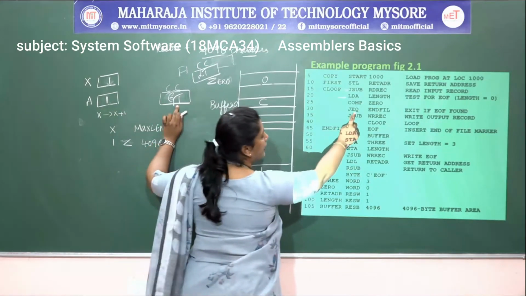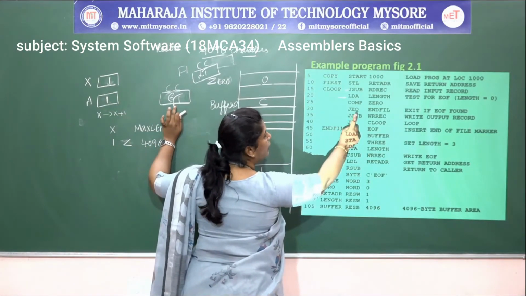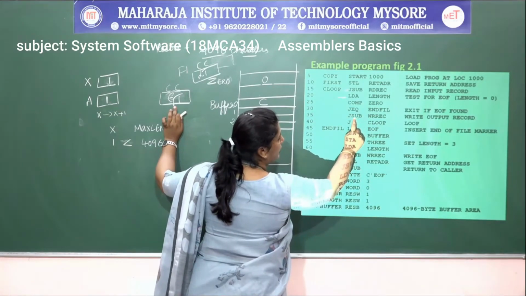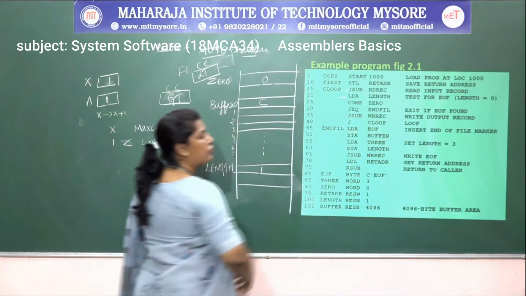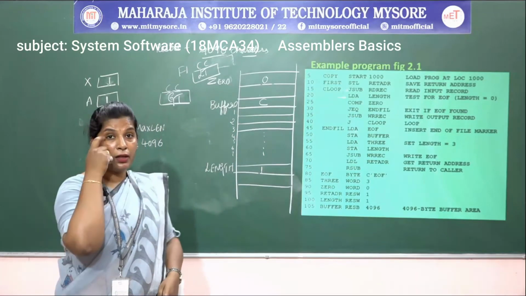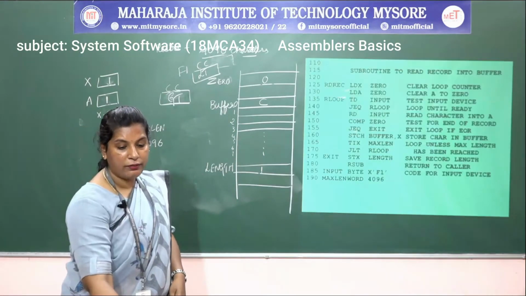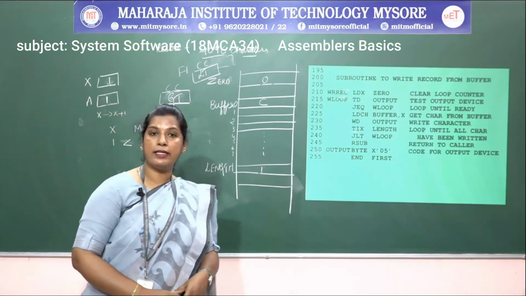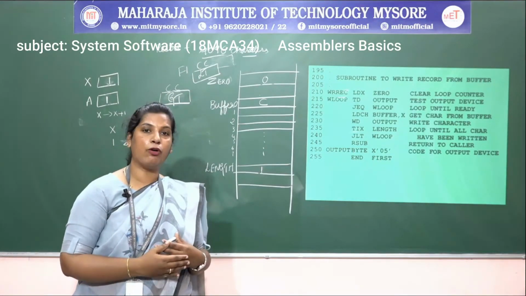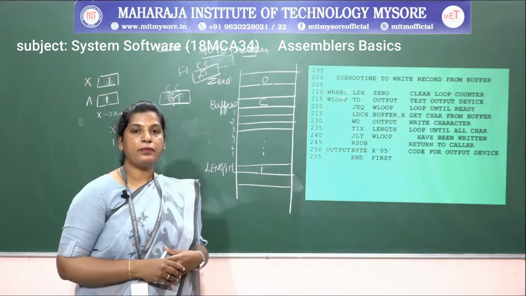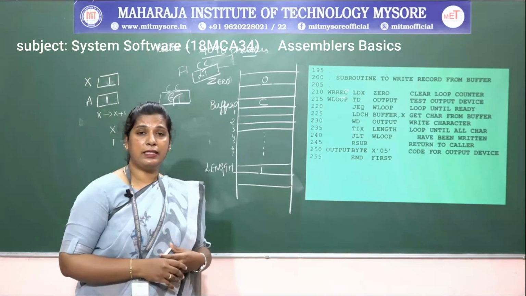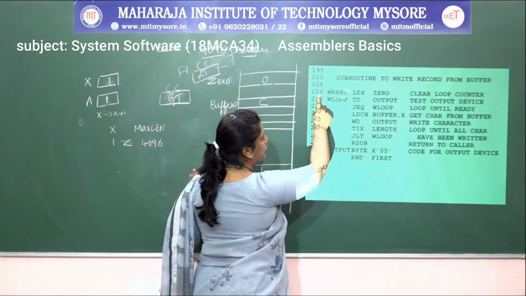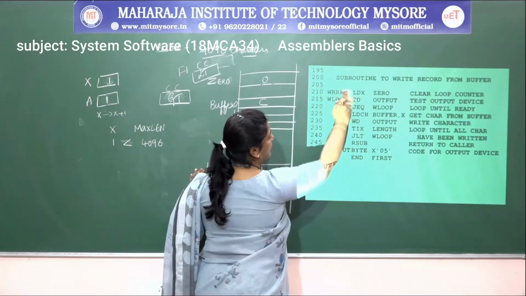It is not equal because it is less than, so that instruction won't be executed. Then it is going to execute the next instruction, jump subroutine, where it has to jump to the write routine. Where is the write routine? This is the write subroutine. Once the record has been read, I want to display the same record onto the output screen. So it is a jump subroutine, and the line number starts from line number 210. So it starts here.